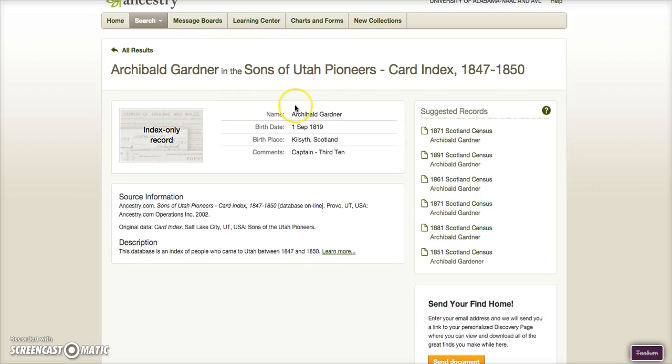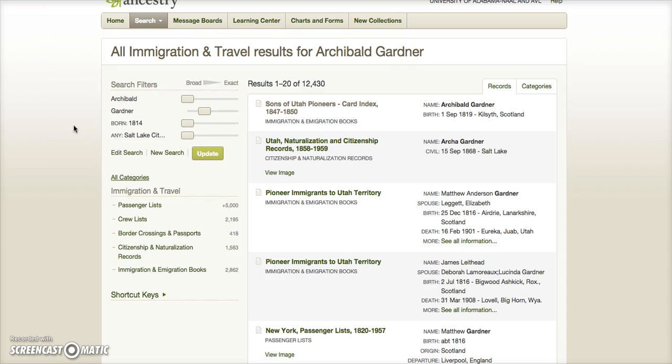In this case, we see that the image is not available, nor is there any additional information, but oftentimes there will be. When the original document is available, you can not only view it, but also save a copy to a storage device or to your computer. Coming back out, we can explore